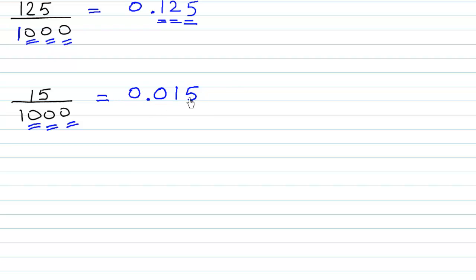Similarly, 6 upon 100 can be written as, first we write the 6, the numerator part, and since there are two zeros, we should be putting the decimal point in such a way that there are two digits after it. But since there is only one digit 6, we can place a 0 in order to make it two digits. So the answer to this is